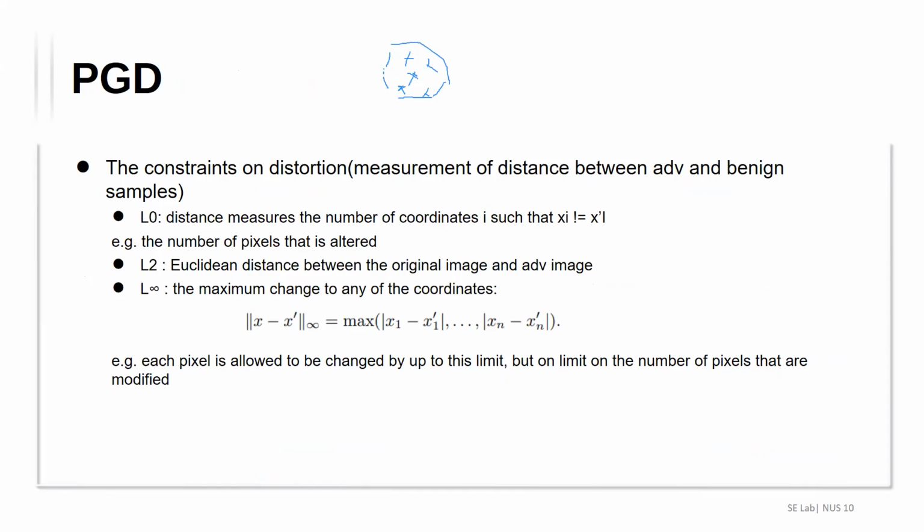When we set the constraint, it might be like we say the L0 distance should not be larger than a certain limit. So when they do the iteration updates, they would check the newly generated x. If the distance between that newly generated x and the original sample is larger than our predefined limitation, then they would just